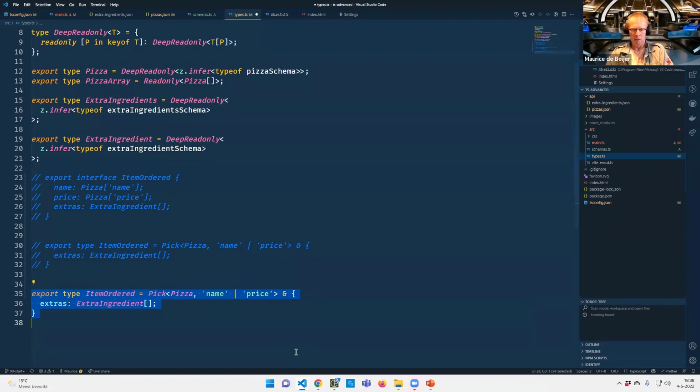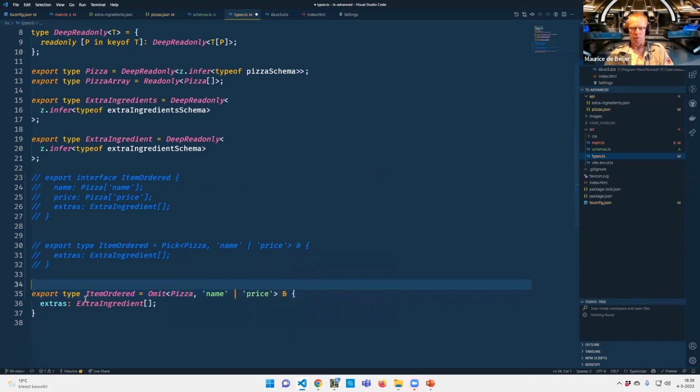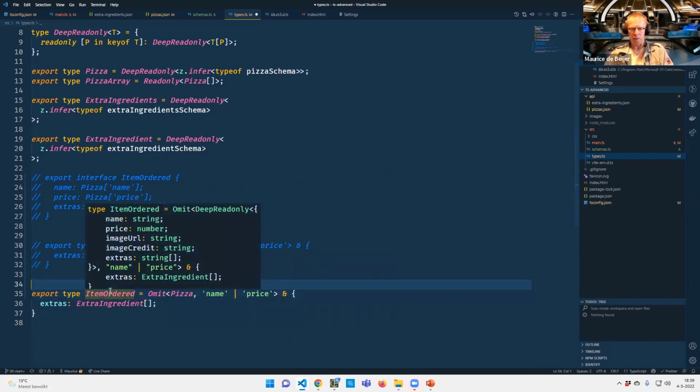So instead of pick, I could say omit. Now, if I look at items ordered, it's a little hard to see, but it would actually be the image URL, image credit, and the extras with two definitions, because I'm omitting name and price. So what I would want to do is